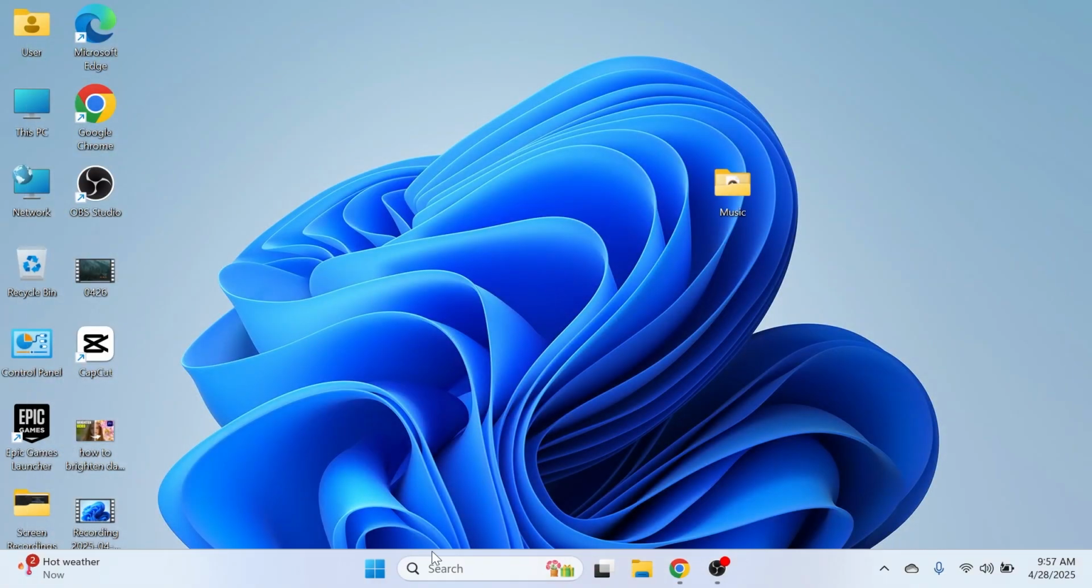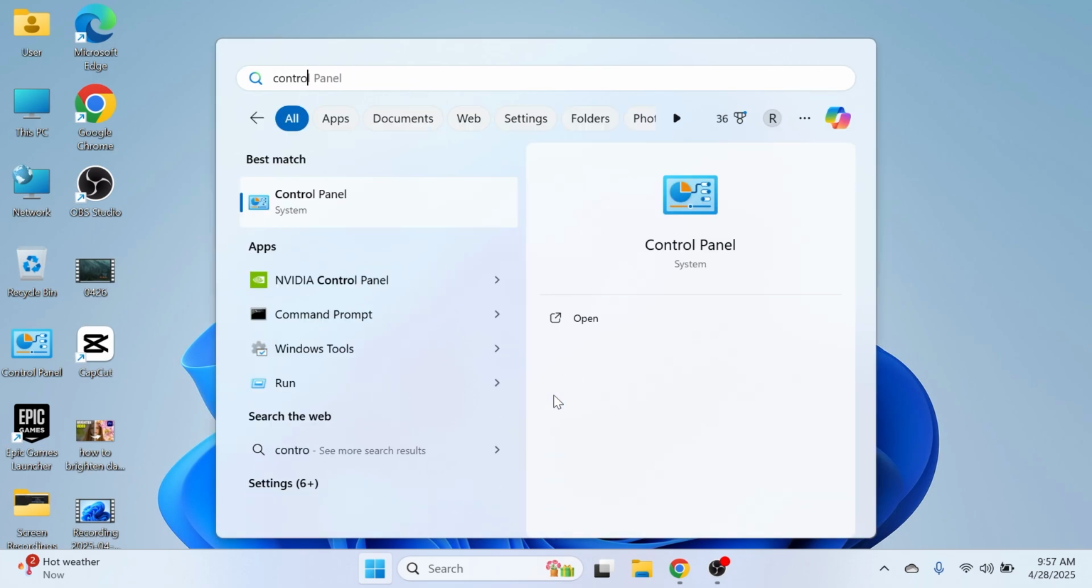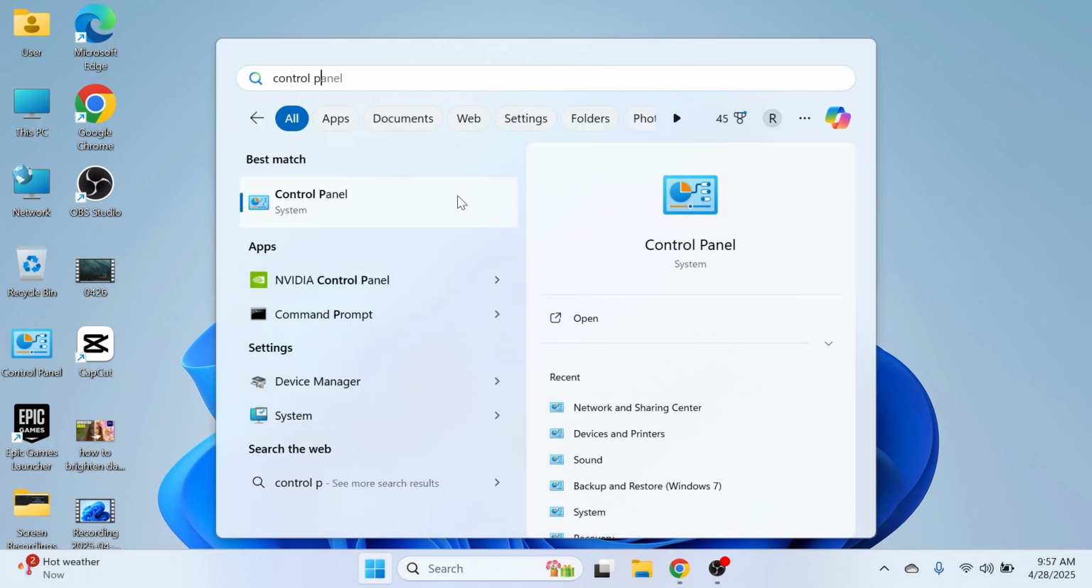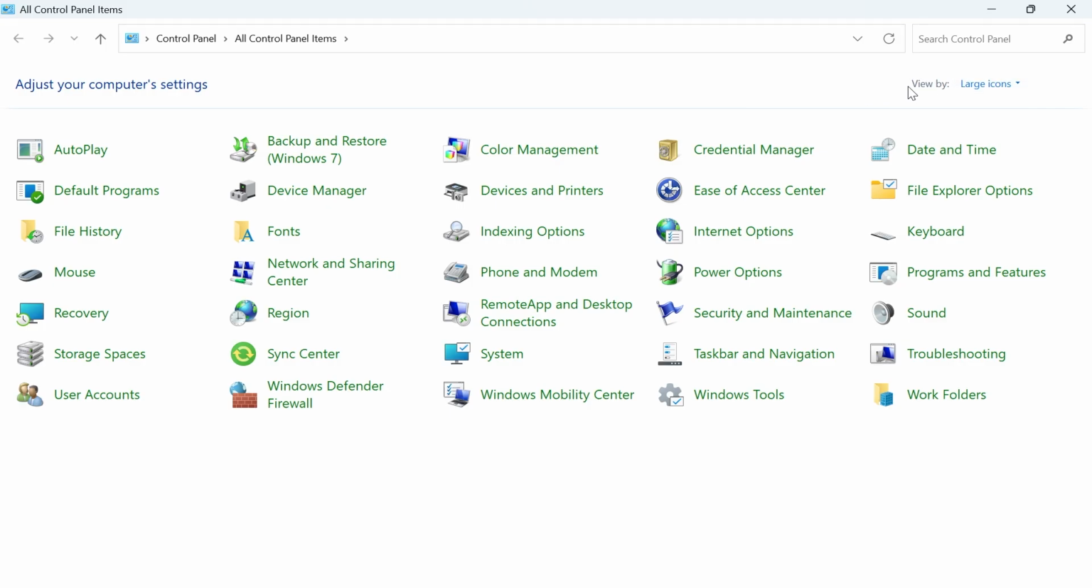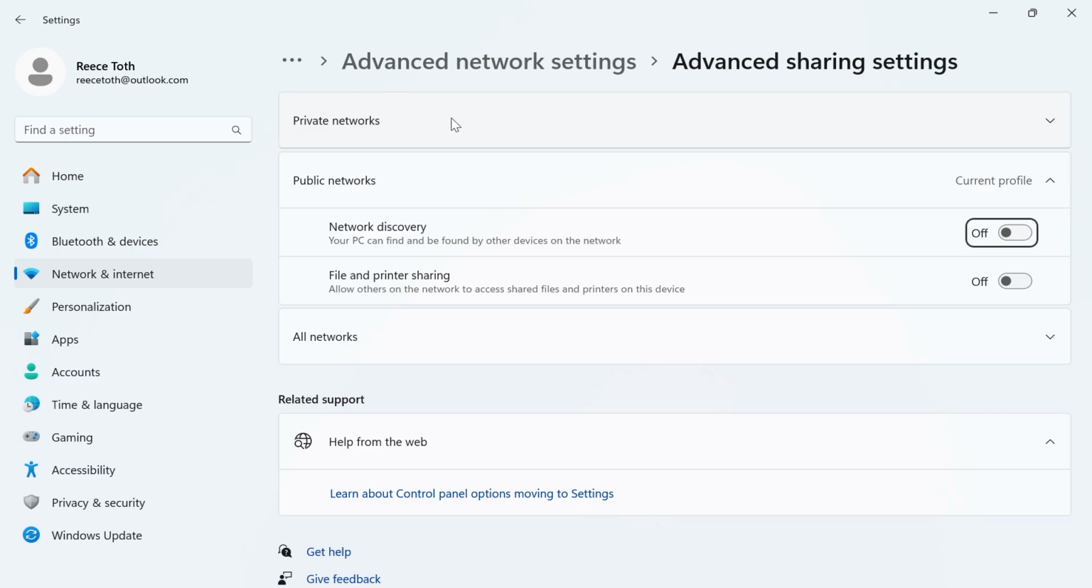Now, the first step is just to head over to the Start menu on your computer, search for Control Panel, and then click on the Control Panel window. In the top right hand side, make sure you have View By set to large icons, and then click on the Network and Sharing Center. In the left hand side, click on Change Advanced Sharing Settings, and then click on the drop down next to